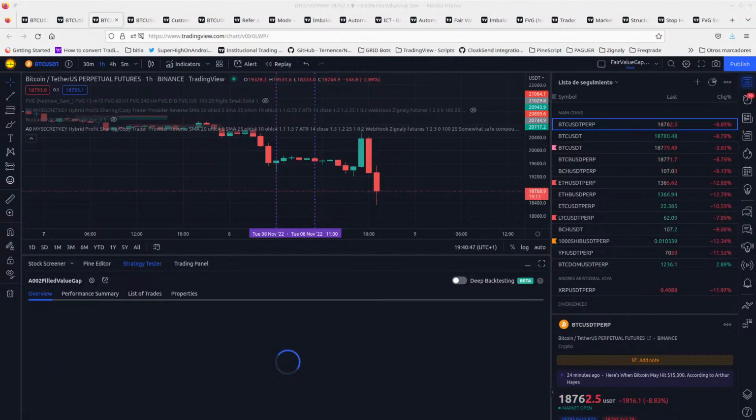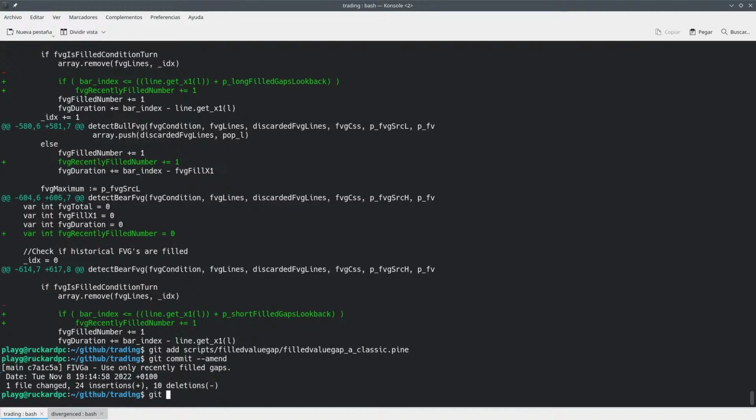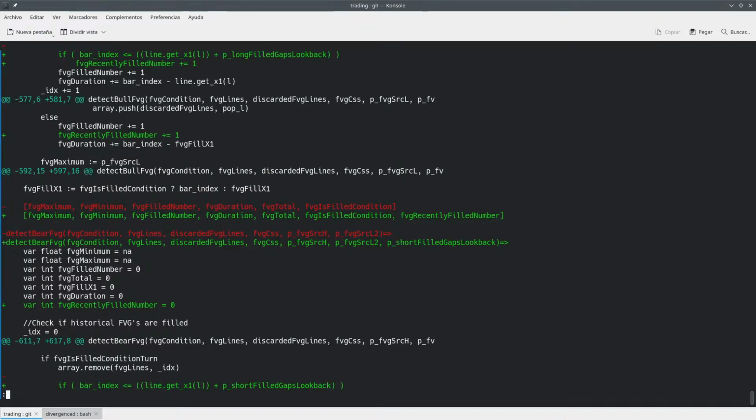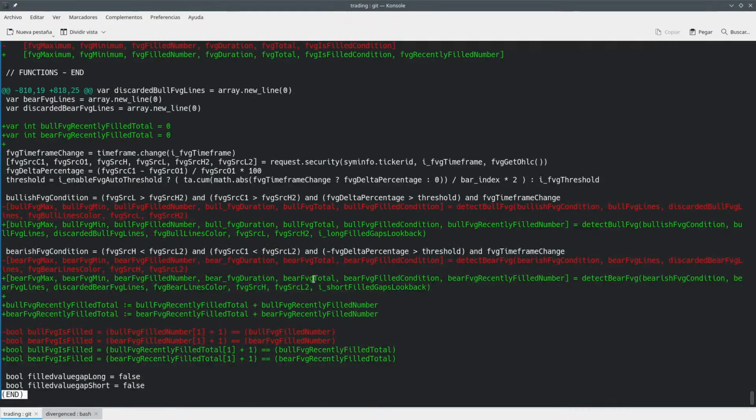Okay, anyway, maybe it's TradingView that has too much work here. Let's take a look at what we have done, then later on we will see. So we have added these 2 lines here, which basically what we do here is we call detectable and detect pair. So now in detectable we have this new parameter, and here we have this new parameter, and at the same time